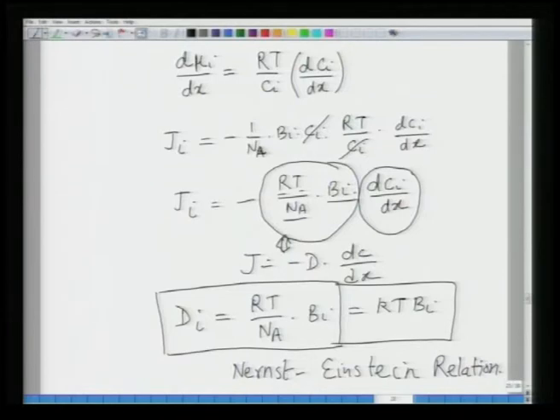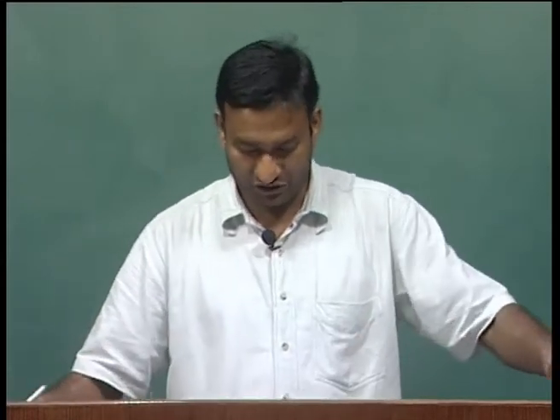So, this is the first formalism that we have established after knowing what diffusivity is, and this diffusivity of a species can be related to another parameter which is called mobility. At the moment we are not defining it as any electrical mobility or anything. We are just saying this is a mobility which is because of a virtual force, which is due to a negative chemical potential gradient which causes diffusion in a system.